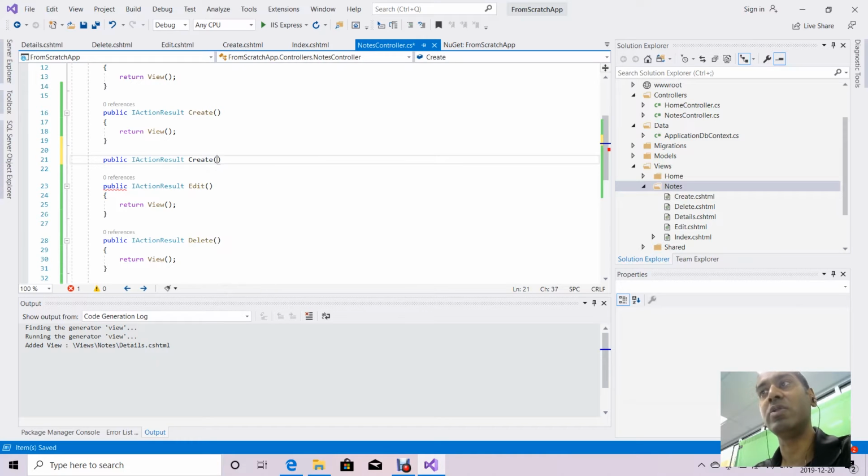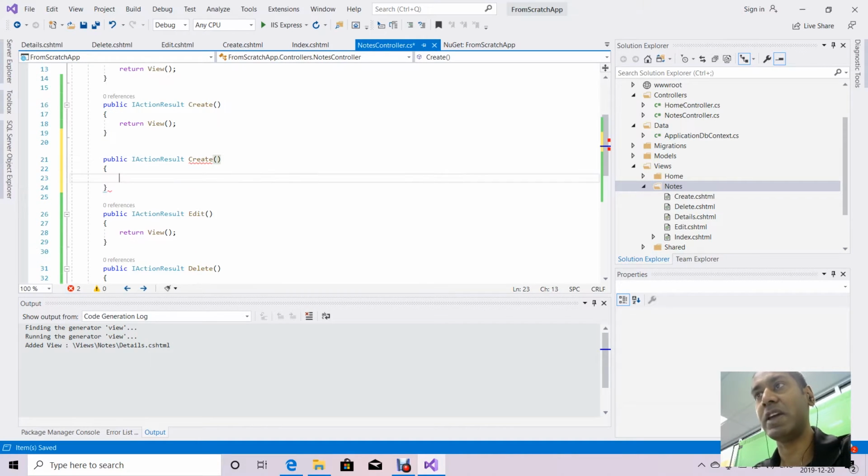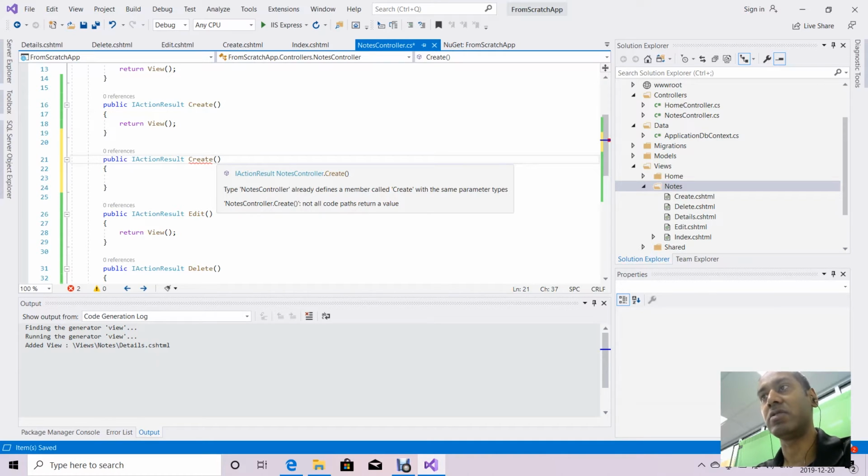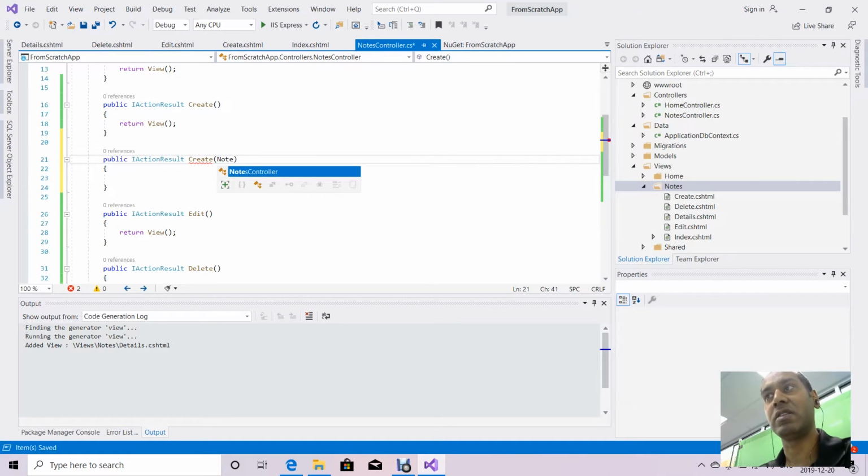The reason why we're doing this is because initially when the page is accessed, there will be nothing set. However, when we actually want to create a note element or note object, we're going to fill in a form, and we're going to have to pass in that form